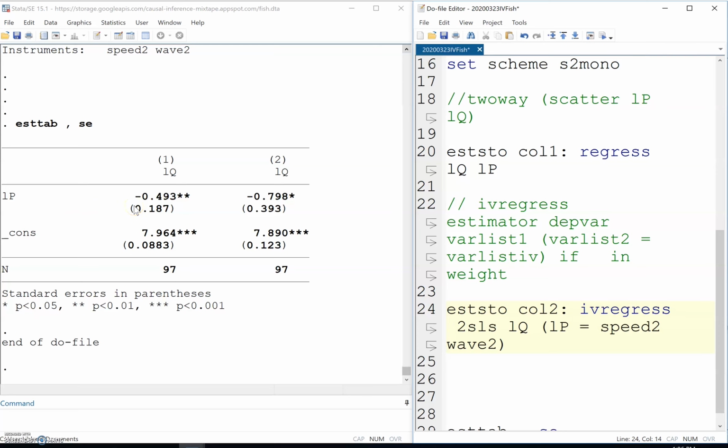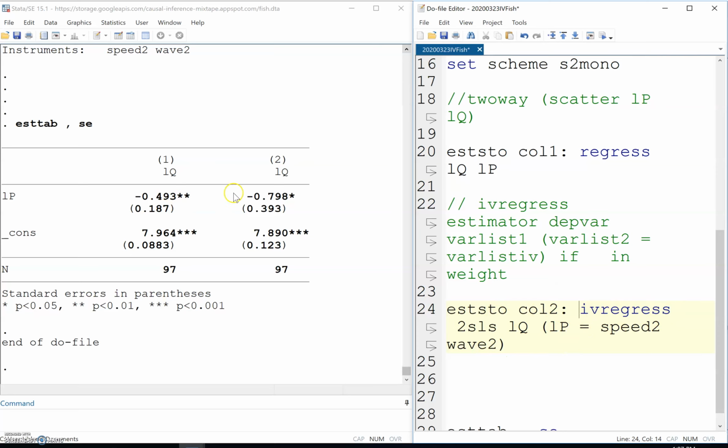But if only a little bit of it is due to shifts in demand, then this number should be more positive, but maybe not positive itself, right? It should be closer to zero or maybe positive, depending on how much of a demand shift you've got happening in your data. Okay, but if we take out those demand shifts by using instruments that could only be affecting